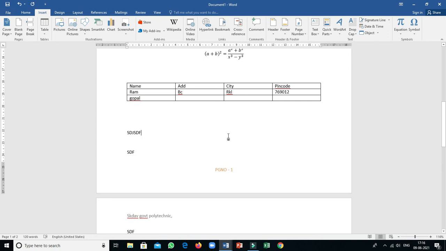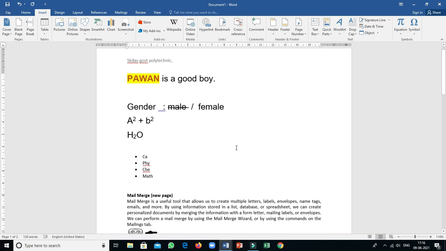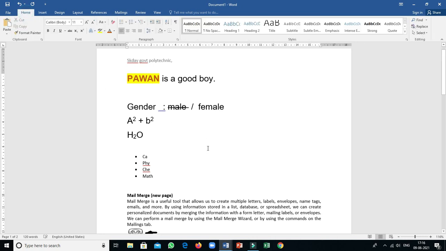So in the insert option we get all the commands related to your equation, symbol, table, header and footer. Now the normal things, bold, italic, underline, as you already have the idea, are inside your home tab.